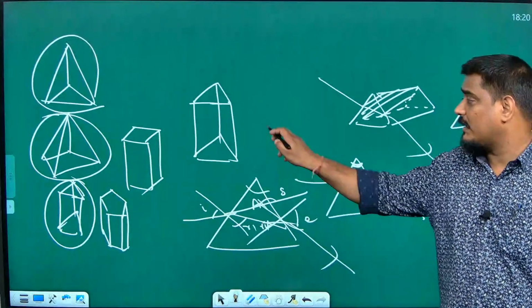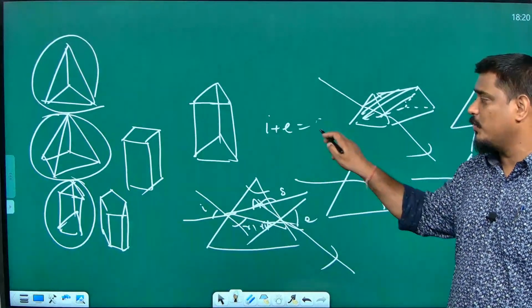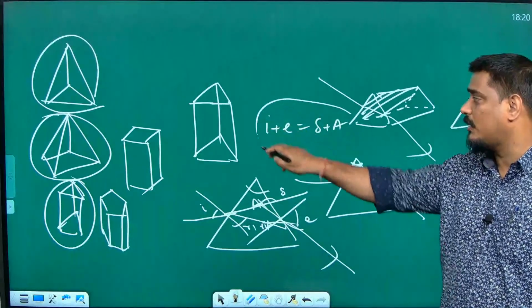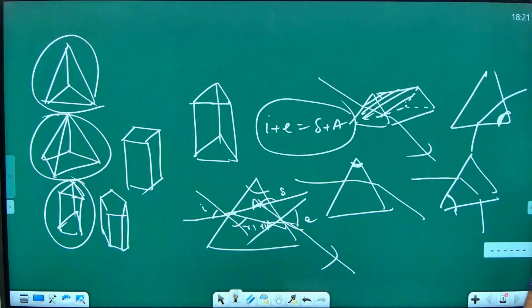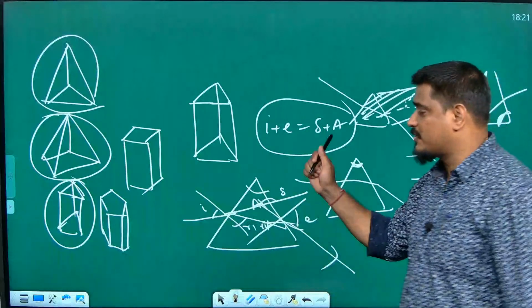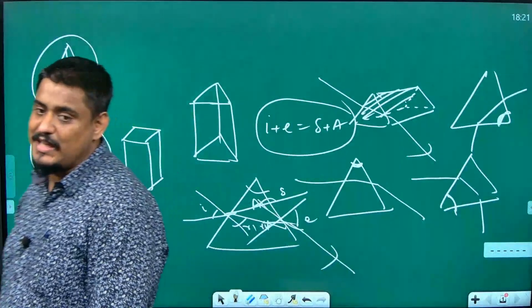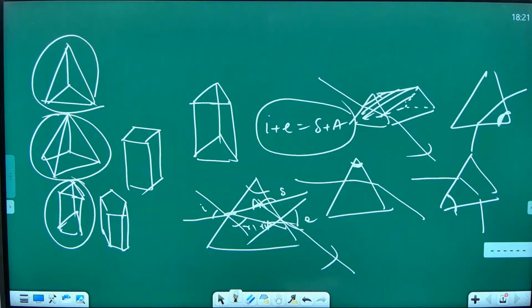And I told you that I plus E is equal to delta plus A, not at all required for school, but if you are preparing for any competitive examination, very much required. Angle of incidence plus angle of emergence is equal to angle of deviation plus angle of prism. Remember this. Okay. Now let us come to today's topic, which is important for the school examination, and give the